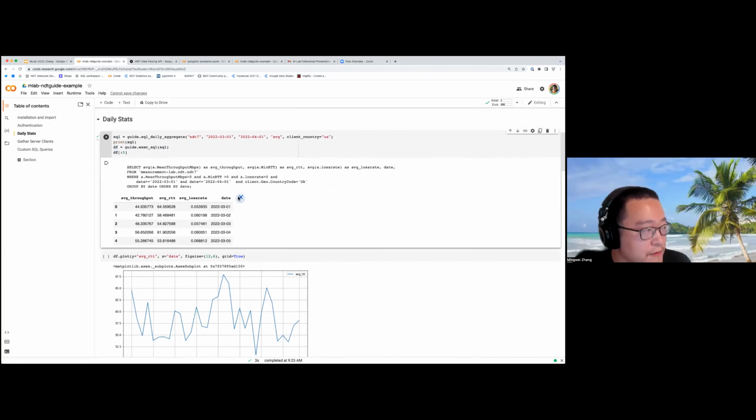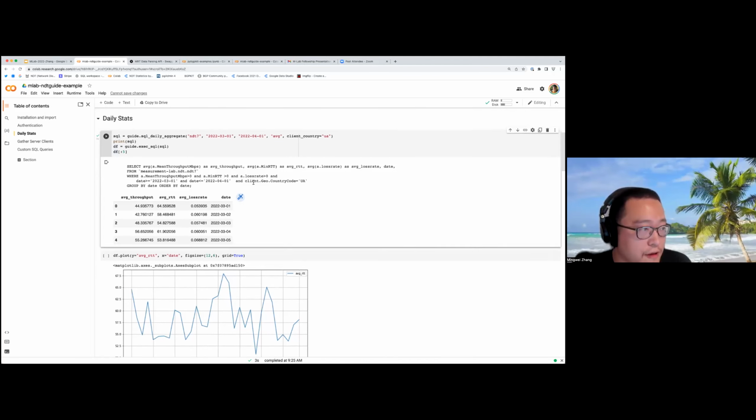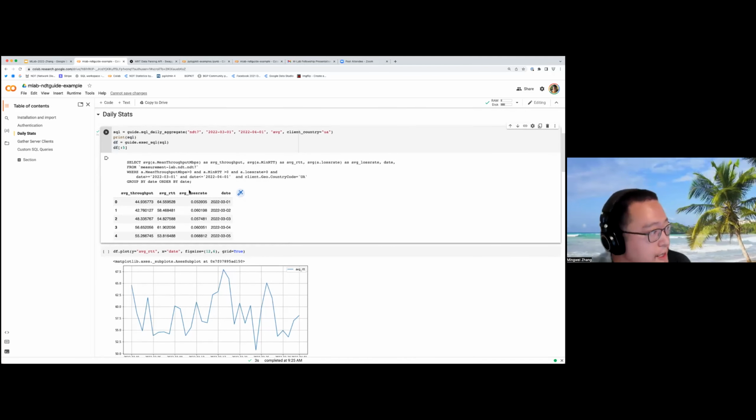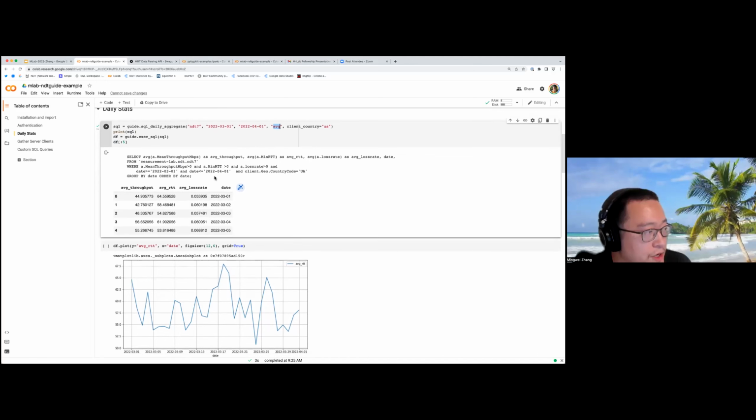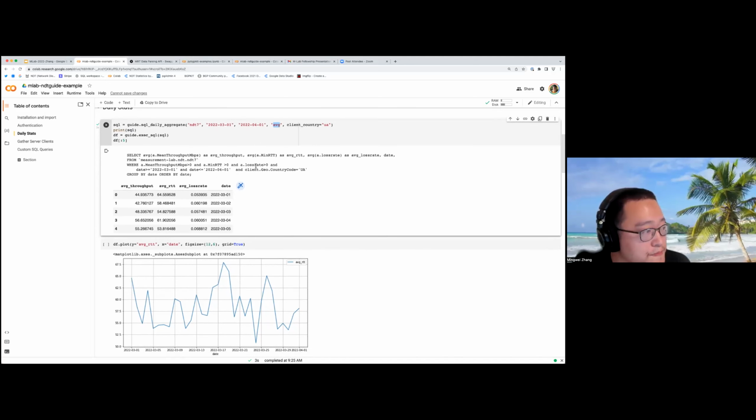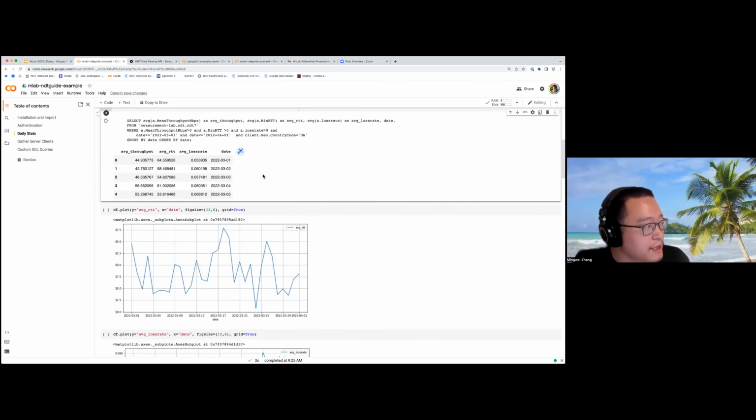This is happening in real time. It's querying the NDT backend on Google BigQuery. Because we're using average, you can see that we are showing the average throughput, average RTT, and average loss rate. We could potentially get more fields if you want. We can easily extend that.